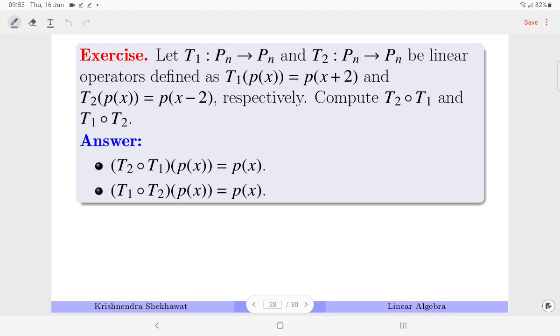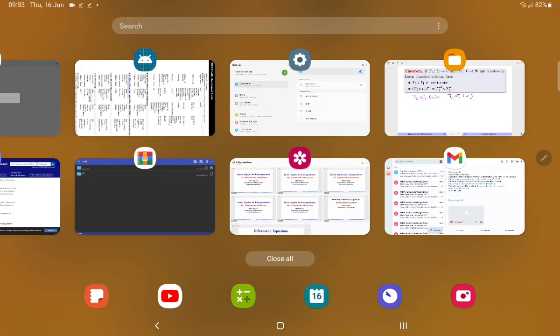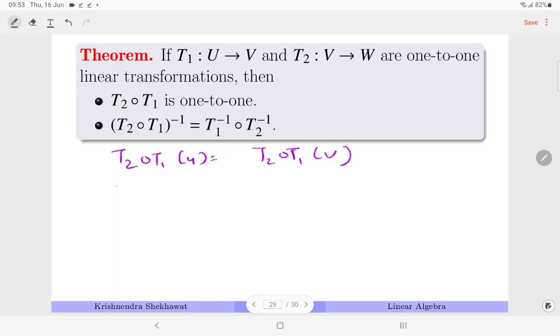At the same time, if you try this exercise, they come out to be equal. So this is the last result, which shows that if T1 and T2 are one-to-one linear transformations, then T2 of T1 is also a linear transformation. So to prove it, you can consider T2 of T1 u is equal to T2 of T1 v, and we have to show u is equal to v. So this becomes T2 of T1 of u is equal to T2 of T1 of v. Now